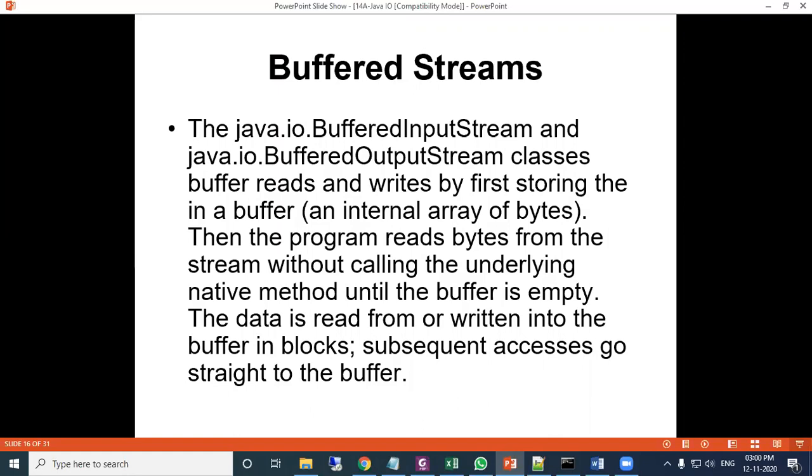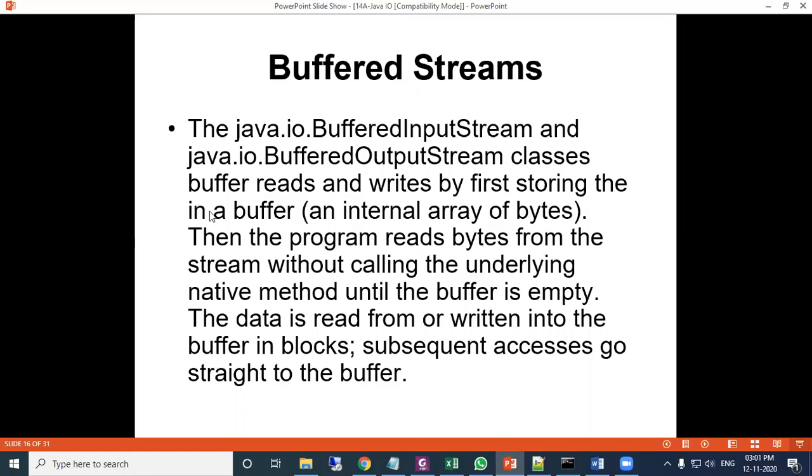Buffering means temporarily storing in the primary memory. When the internet is very fast, it does not store the information for a long period in the buffer. Immediately it is transferred to the output screen. So depending on internet speed, it uses buffering, or you can say streaming. When live information is going on, we say live streaming. Live means immediately it comes from one location to another location.